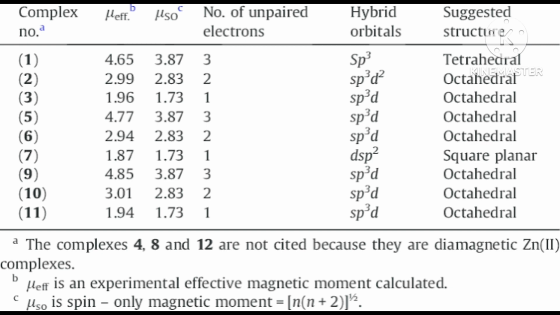But I told you in the beginning, degeneracy is maintained if spherically symmetrical. Here you have to think symmetrical: a spherically symmetrical field of negative charges surrounds the metal. Spherically symmetrical means one type. A spherically symmetrical field of negative charges surrounding the metal, in that situation, degeneracy is maintained. But